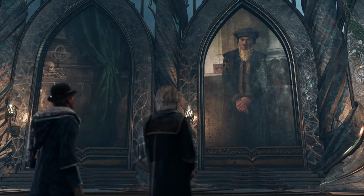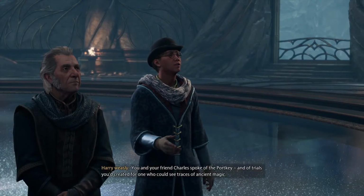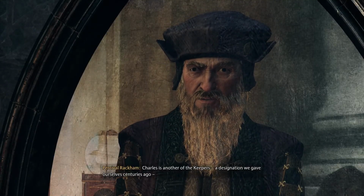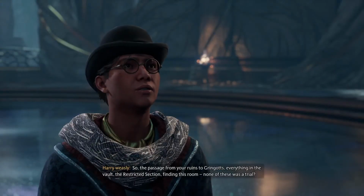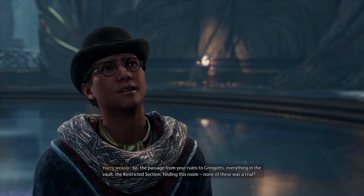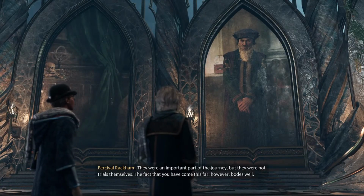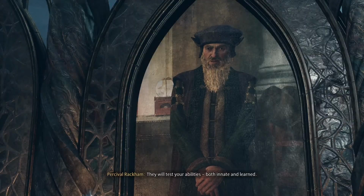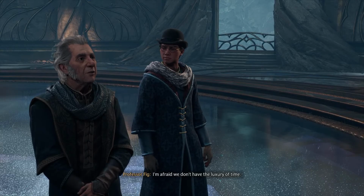Trials that you... Do you recall the pensive memory you viewed? You and your friend Charles spoke of the port. Precisely. Charles is another of the keepers, a designation in light of the knowledge. So, the passage from your ruins to Gringotts, everything in the vault, the restricted section, finding this room, none... They were an important part of the journey, but they were not trials. The trials were... They will test, but you will need patience. I'm afraid we don't have...